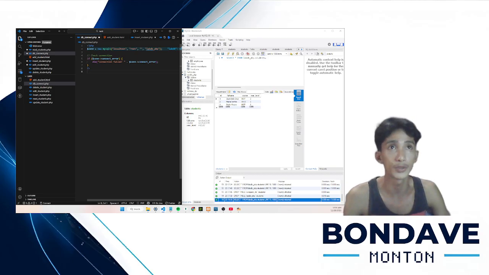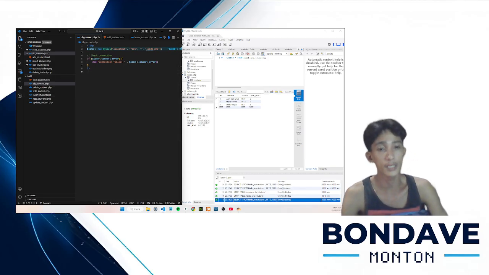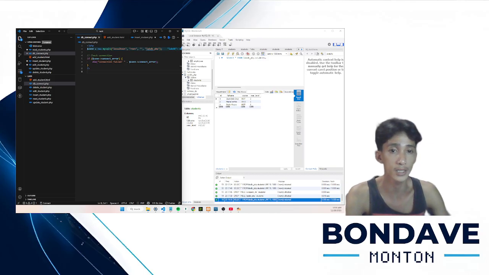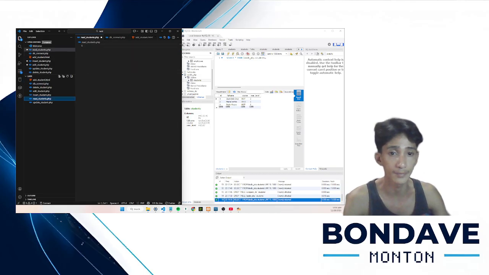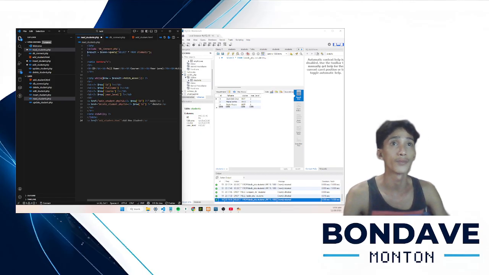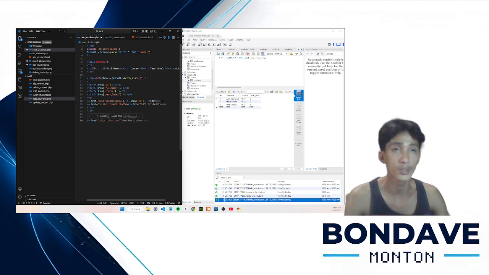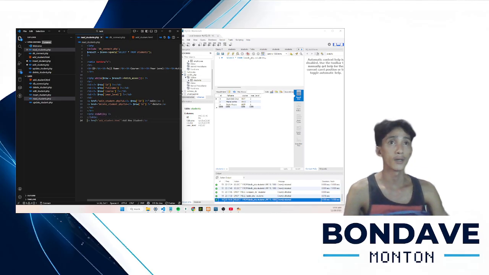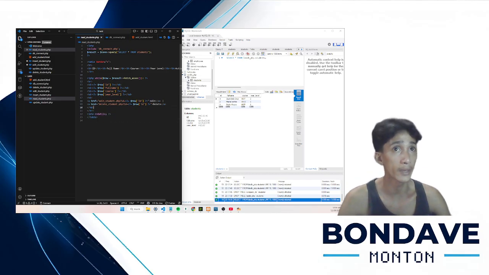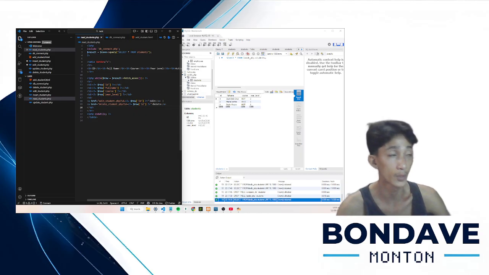We should control save. Then next we proceed to the next part, retrieving data, which is this read student file. We have to make a code right here, which is pasted right here. So just control save it. Actually, I have already made the code, but for less time consumption.